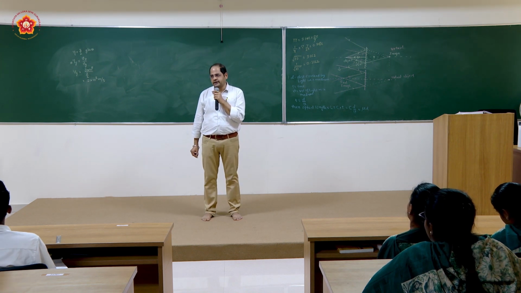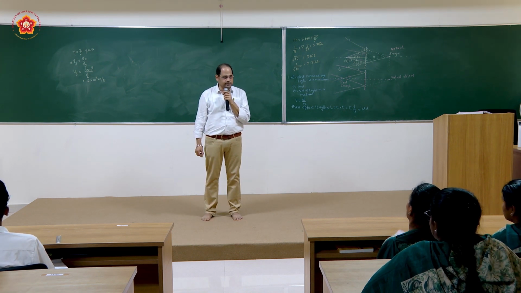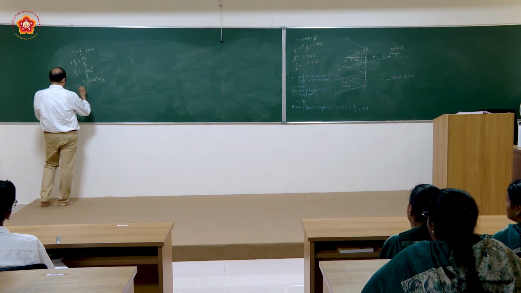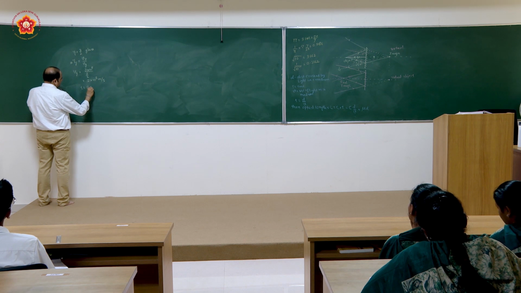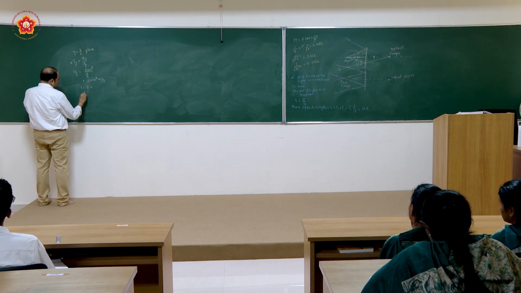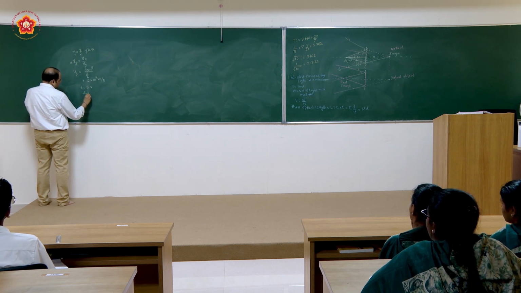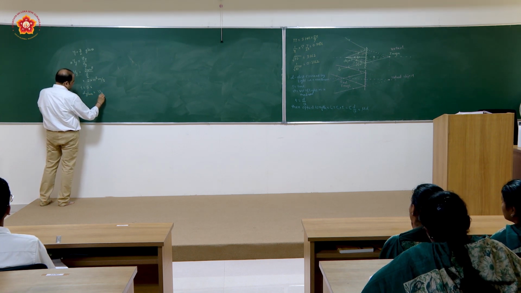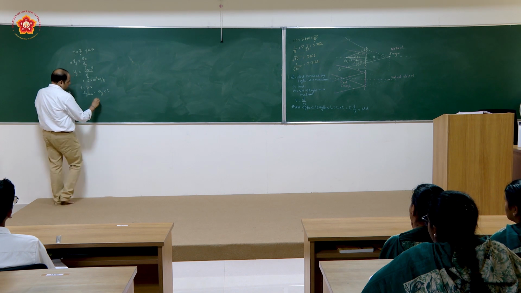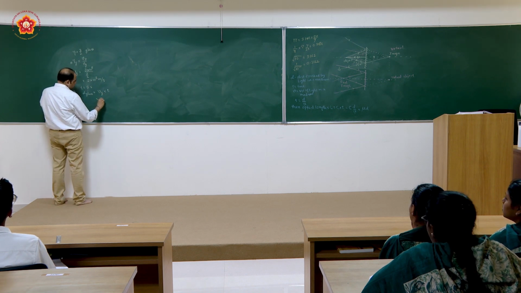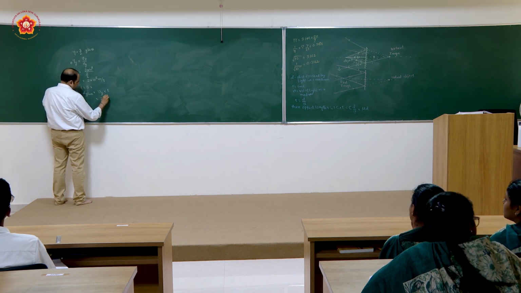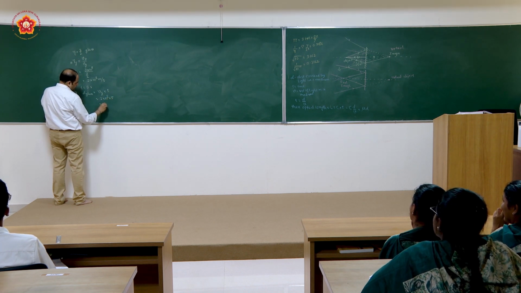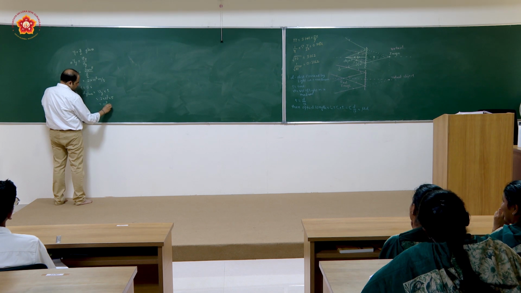So if I take here 5-second time, so for a time of 5 seconds, what will be the distance covered in the glass? Distance covered in the glass would be velocity in glass multiplied by time. So you will be having this as 2 into 10 to the power 8 multiplied by 5. So you will be having 10 to the power 9 meters.